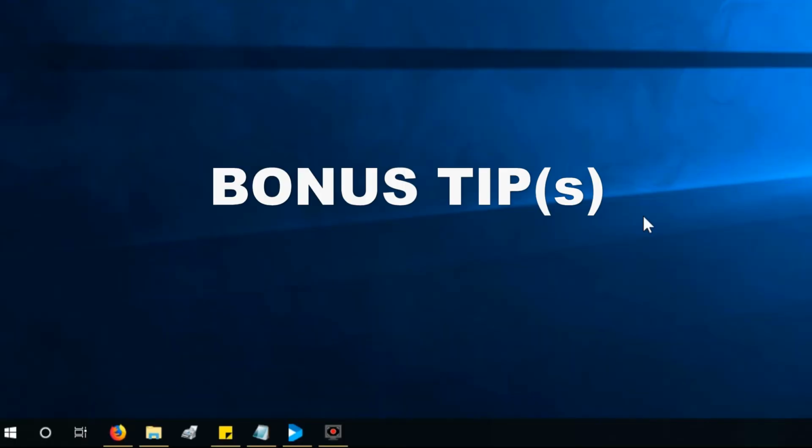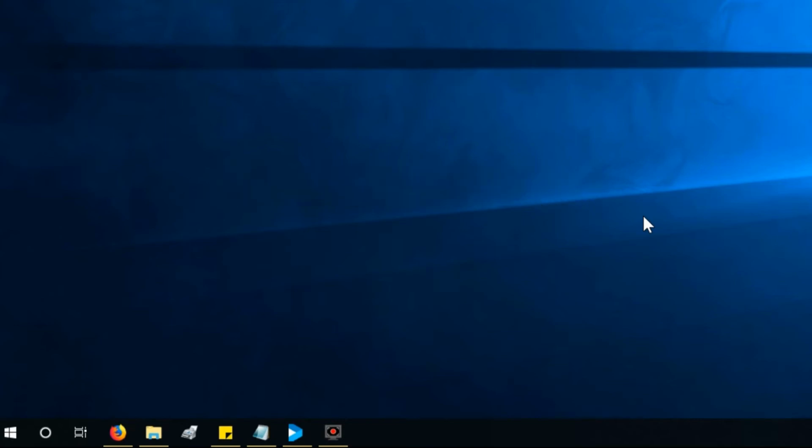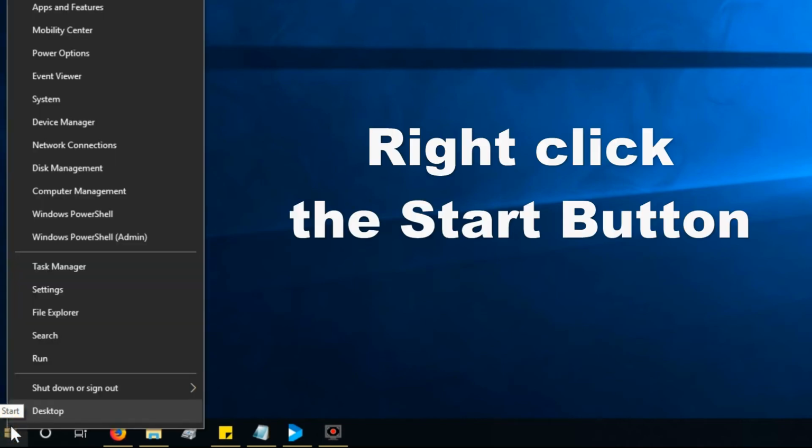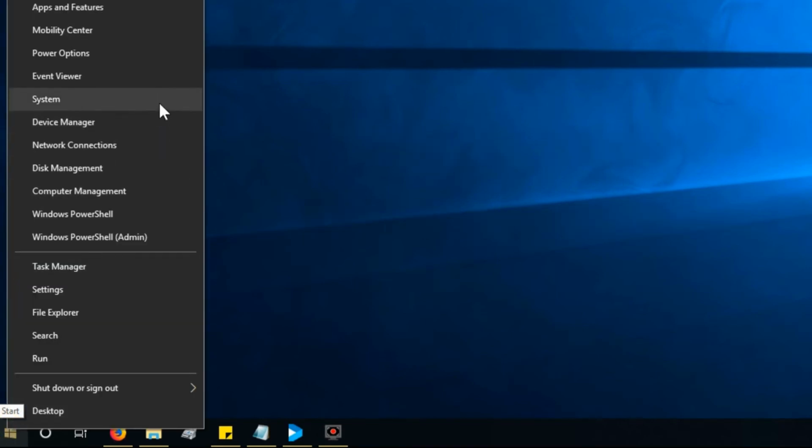So your bonus tip: how to access a lot more stuff quick and easy that's kind of hidden. I've already kind of given this away a little bit through showing you the system information earlier. Instead of left click on the start button, you would right click on it. I did this earlier when I went to system, but what you can do is you can access your programs and features. Instead of going to the control panel first and then finding it, you can just right click the